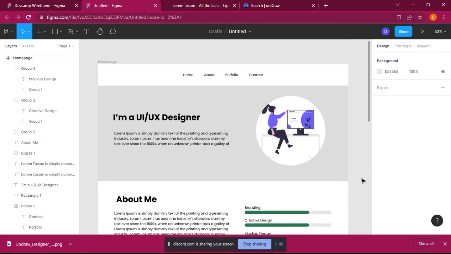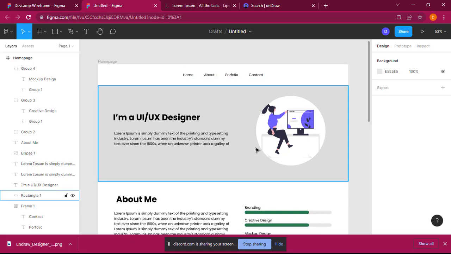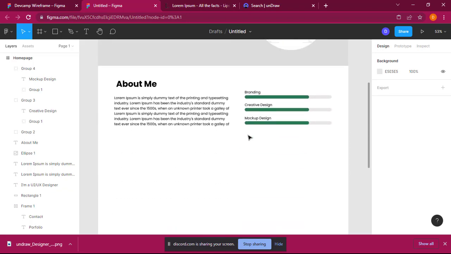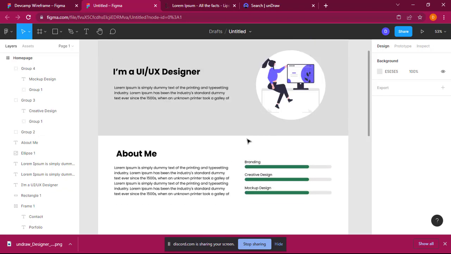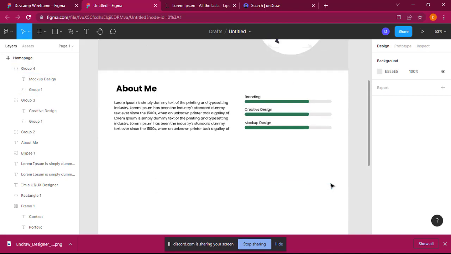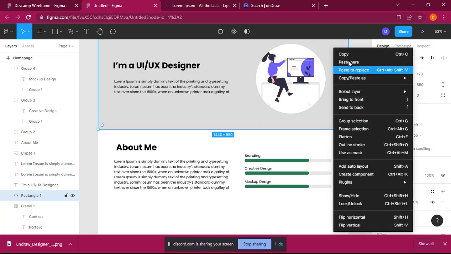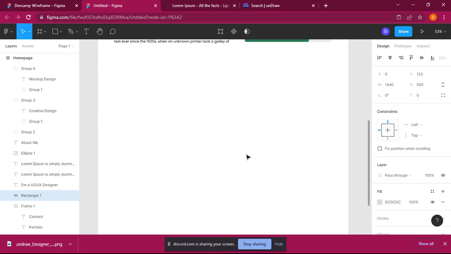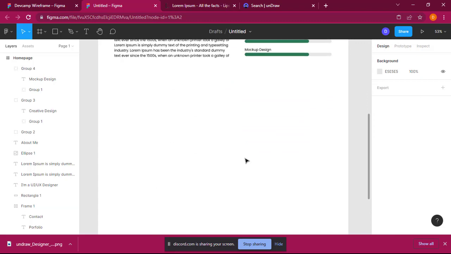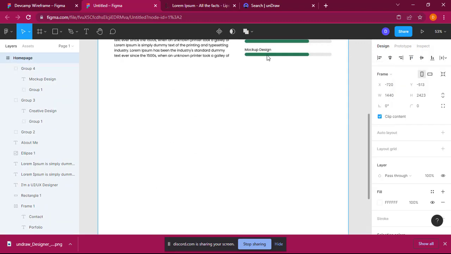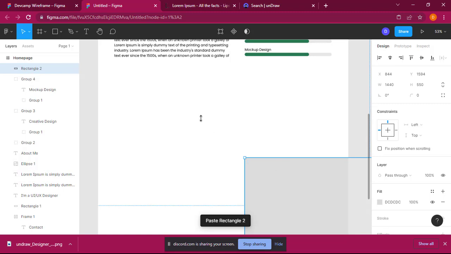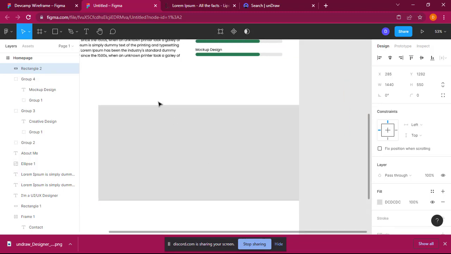The next part now is we are going to create our portfolio section. Just to keep up with our design pattern, I want to copy this background that we used here, only this background. So I'll right click, do copy, come down here, right click on this place and do paste. This is where it appeared. We just have to drag it,